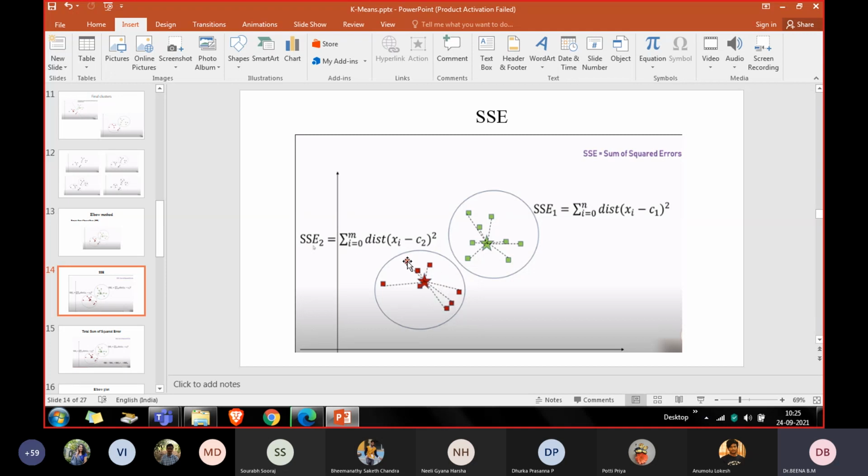So compute the distance of each and every data point from the centroid in cluster 1, 2, 3, like that, and then you sum up the squared distances to get the SSE. In this case, we have taken 2 clusters, so we compute SSE for the first cluster and SSE for the second cluster.